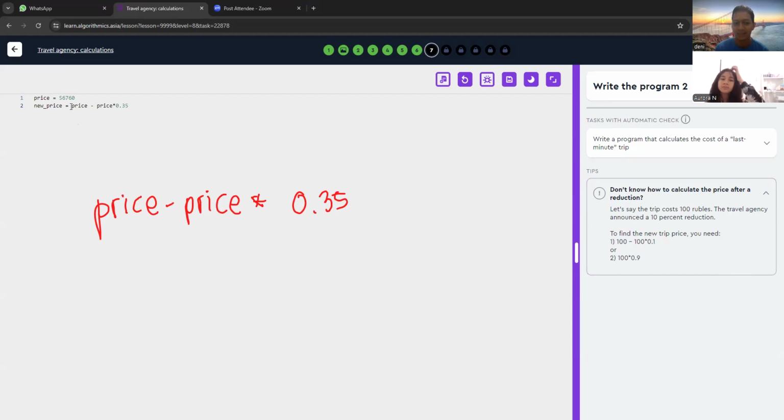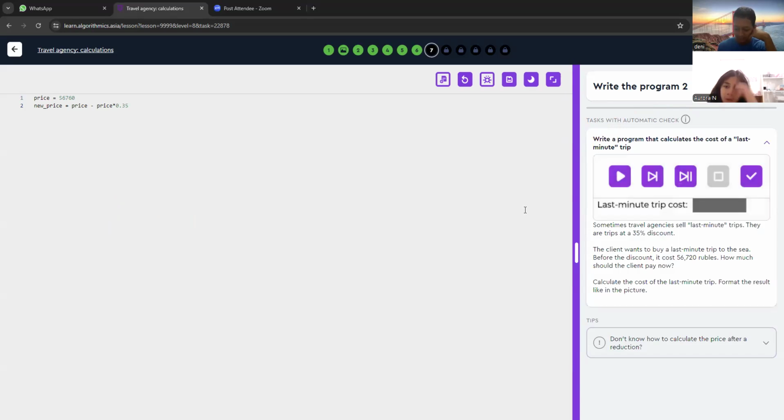Like this. Okay. Last minute, just print it first and then add the value, add the new price. Print.